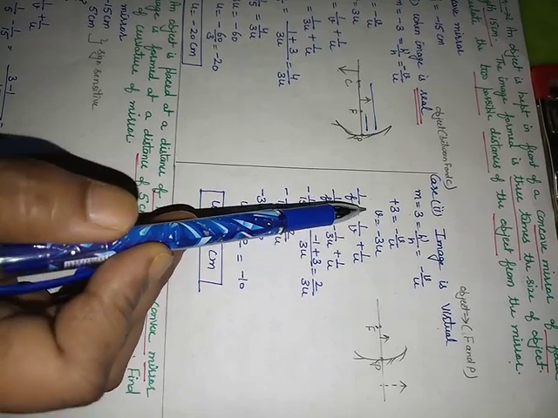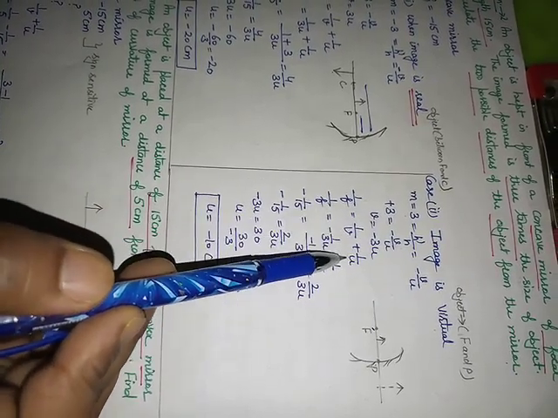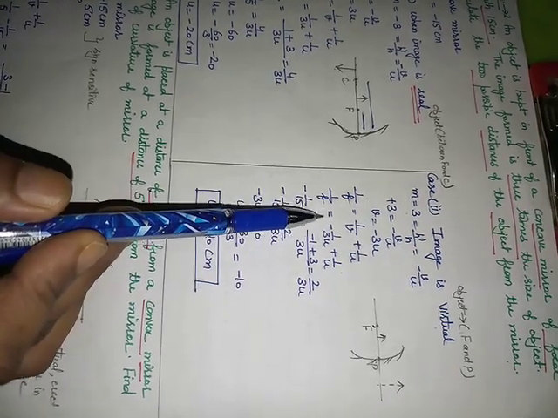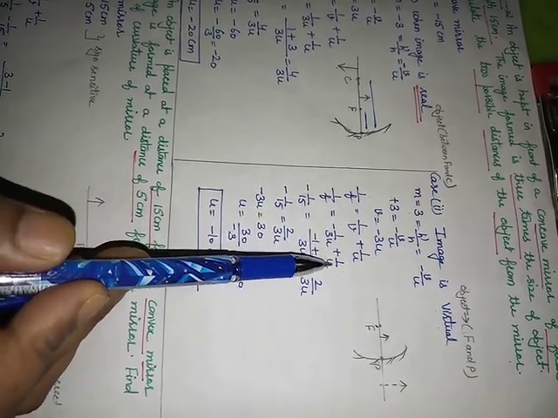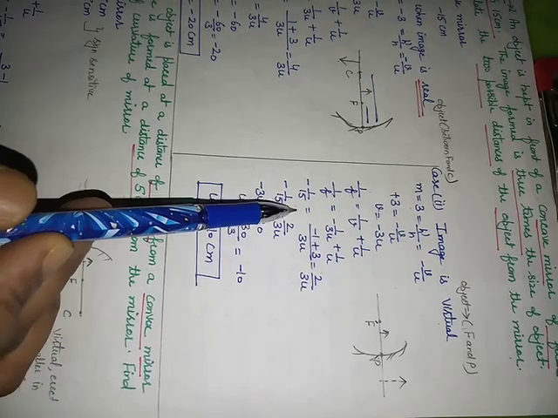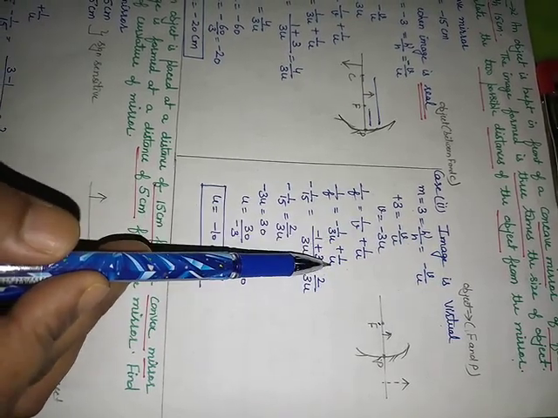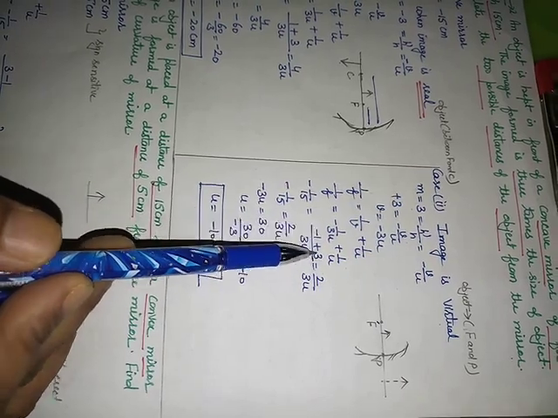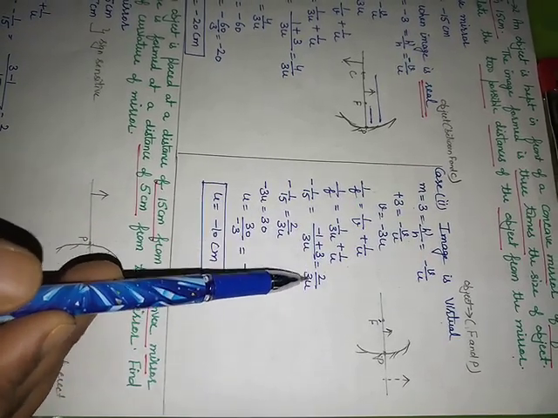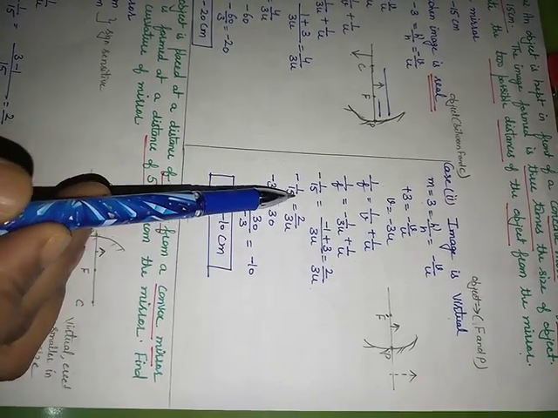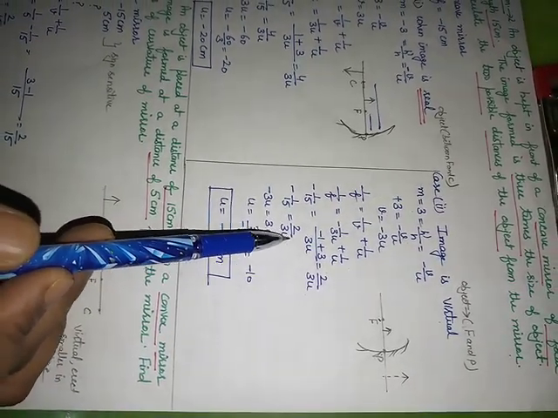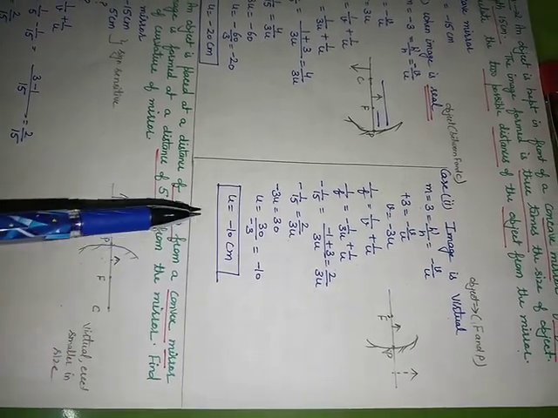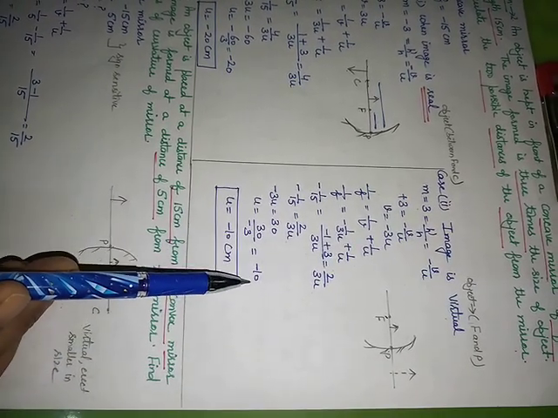Use mirror formula. 1 upon f is equal to 1 upon v plus 1 upon u. Put value of v. So 1 upon f is equal to minus 1 upon 3u plus 1 upon u. When you will solve it, take LCM of these two. It will be 3u. This side minus 1 plus 3, that will be equal to 2 upon 3u. So minus 1 upon 15 will be equal to 2 upon 3u. Minus 3u will be equal to 30. U will come out to be minus 10 centimeter.